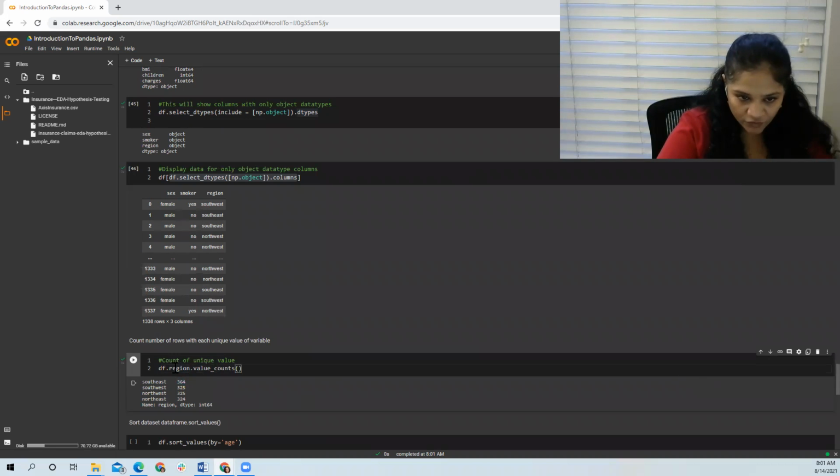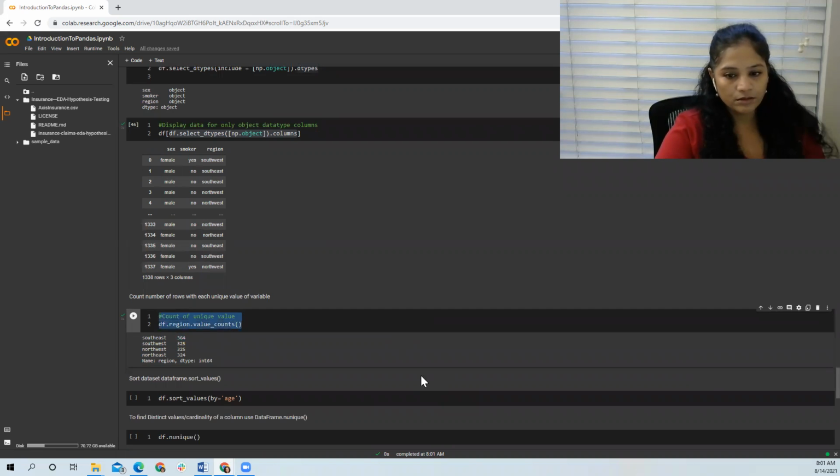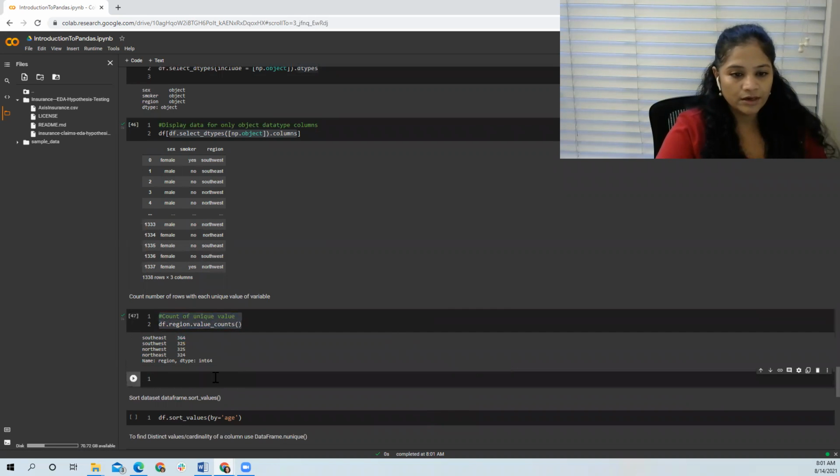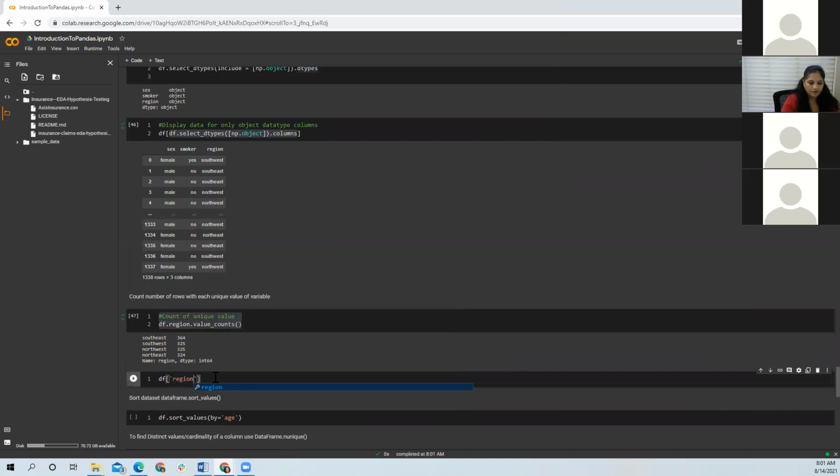The other way of doing this, I have written df.region here. We can also write something like this. Instead of giving a dot, you can just use square brackets.